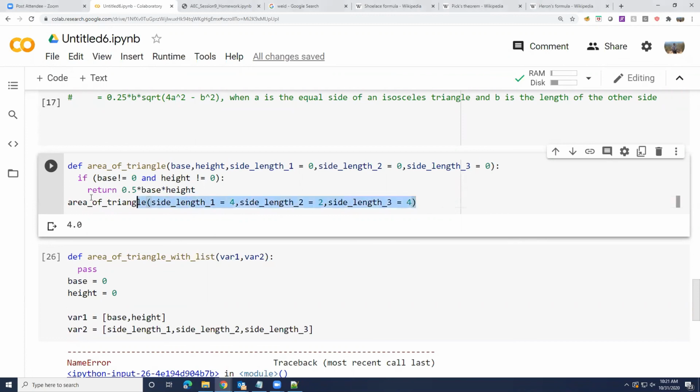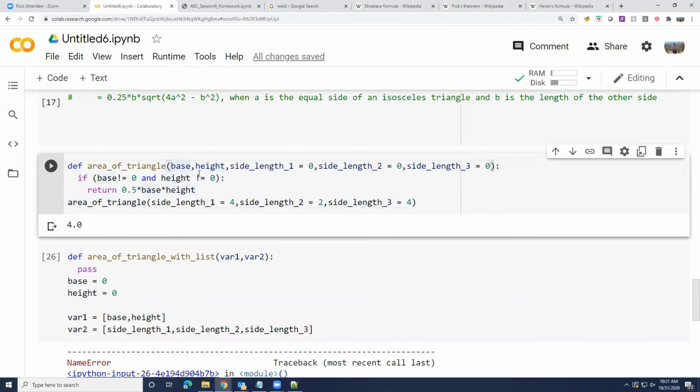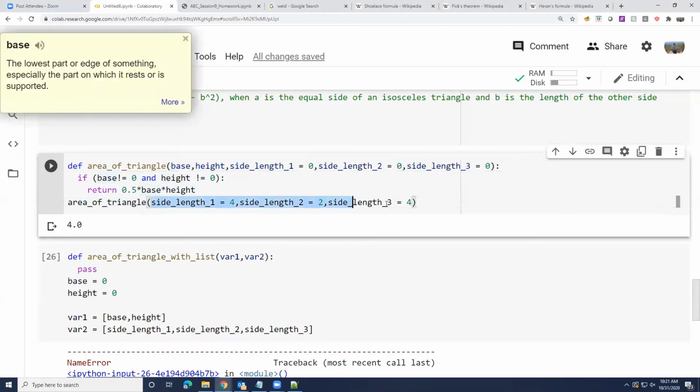So what happens when I call this function this way right now? Any guesses? Error. Okay, Mugil guessed it, right? So why Mugil? Why is it an error, Mugil? Anybody else? Because base and height will be 0. Because base and height will be null actually. So you didn't assign any values to base and height. But this function assumes you will always assign a value to base and height, right? If you don't assign a value to base and height, it won't work.